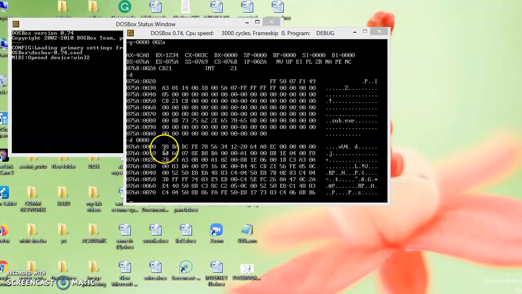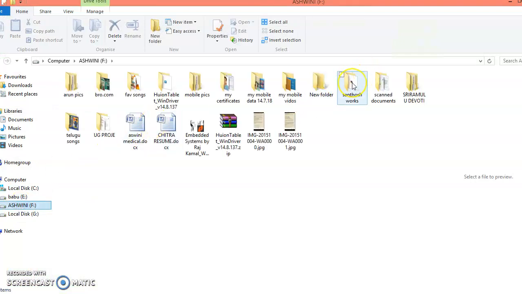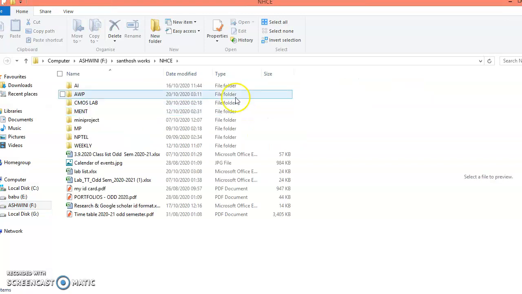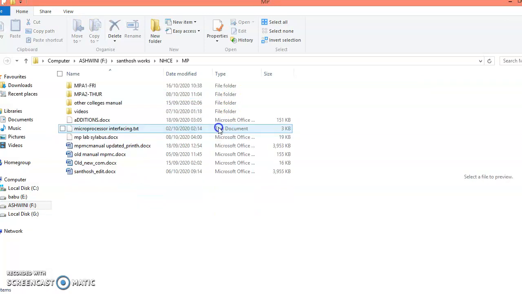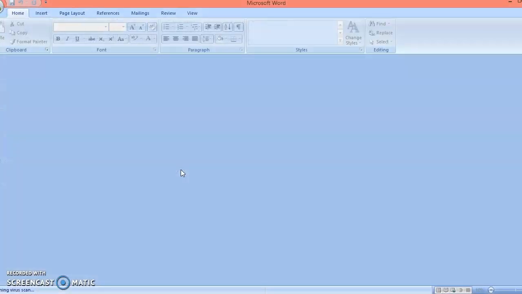We got 98 BA DC FE 78 56 34, all this, right. We'll see whether it is correct or not. I'll just open your manual and show the input and output so that it will be easy for you to understand.